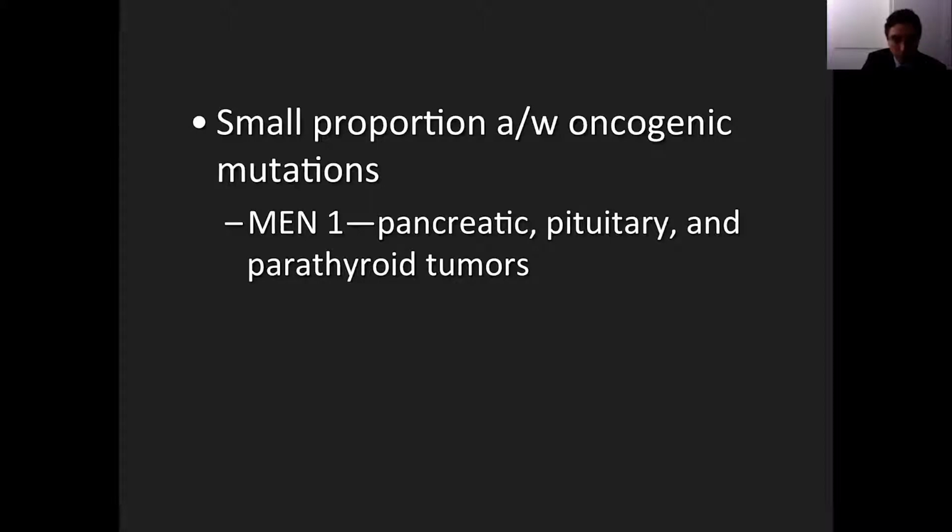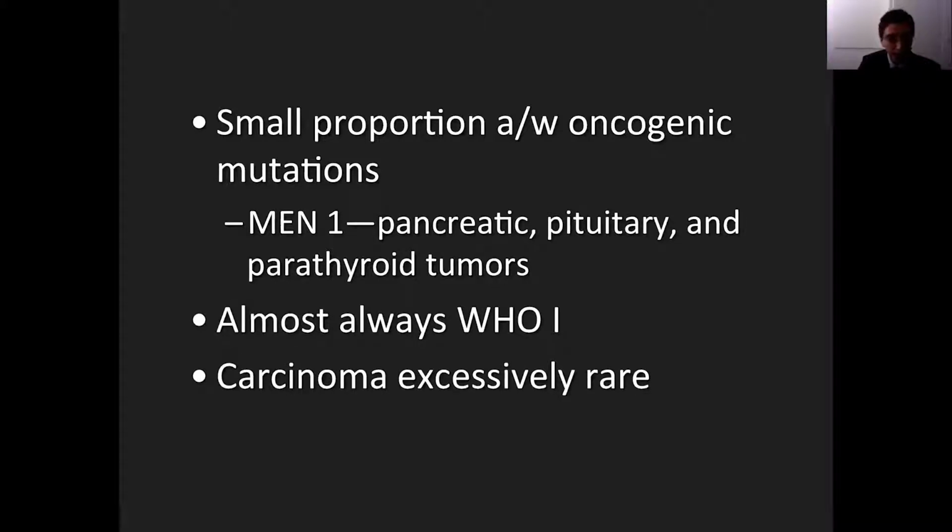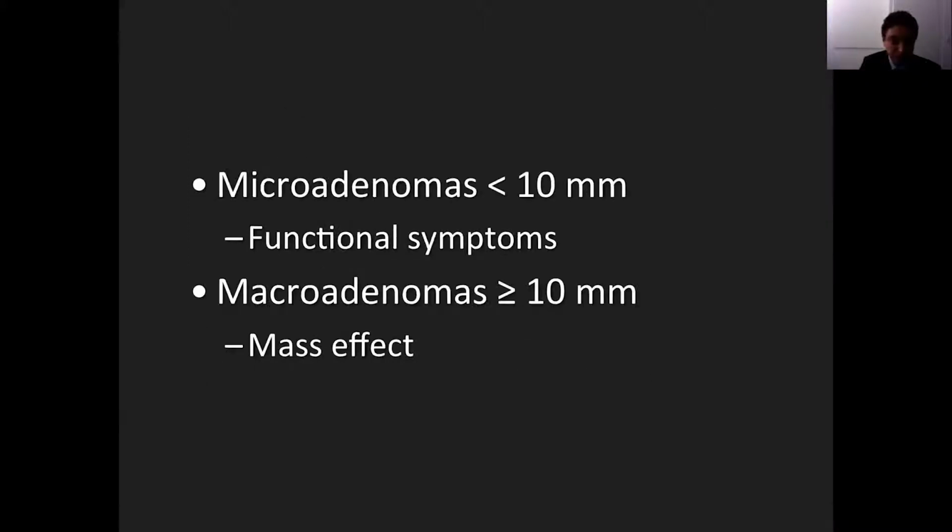Even though most of them are sporadic, a small proportion is associated with oncogenic mutations, particularly those that we see in multiple endocrine neoplasia type 1. They are benign tumors almost always. We have seen carcinomas, but they are excessively rare, and basically there's no way to tell by imaging on this. We see metastases. But even though they are benign histologically, they can be very aggressive and associated with high recurrence,